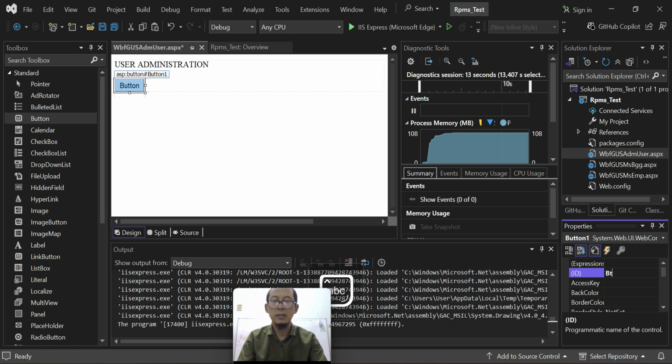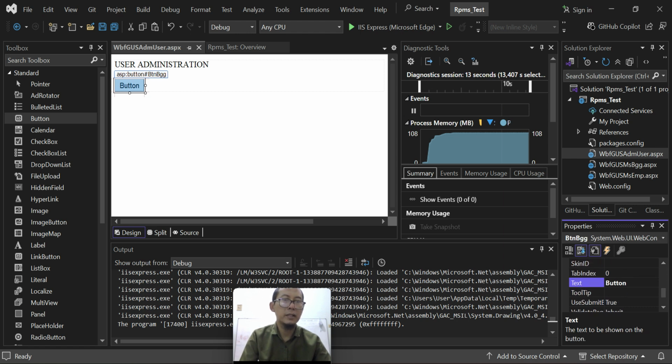Since it's a button, the prefix is btn. I will name it go to budget group, and the text is go to budget group.